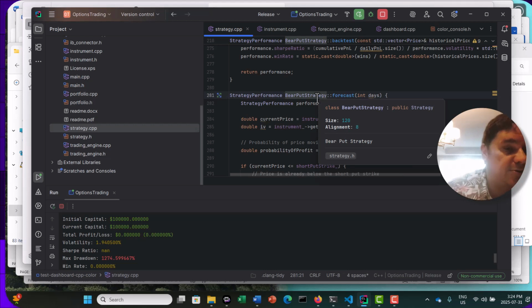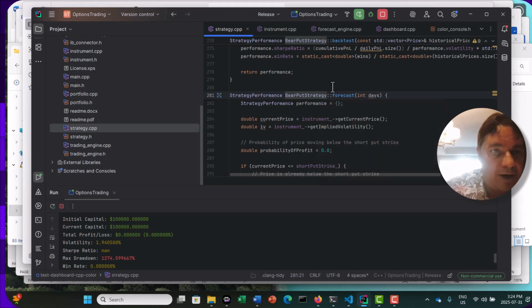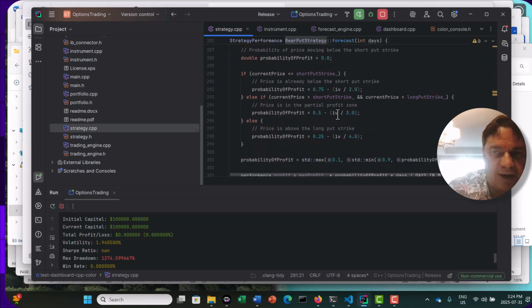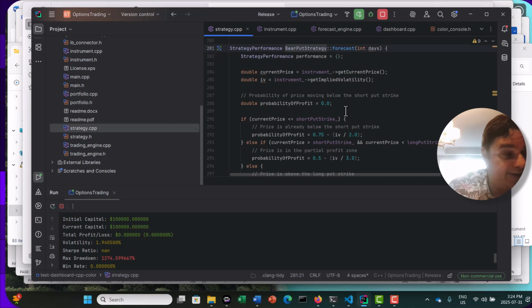Okay, and you're getting the source code with it now, and it's in C++. That's the absolutely incredible thing about this whole process. So now we're going to look at how it's done in the bear put. Now, this is what a lot of